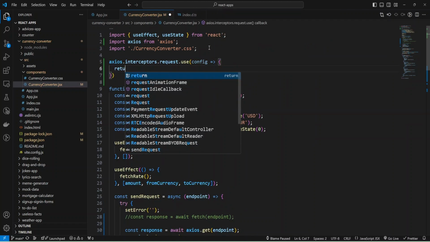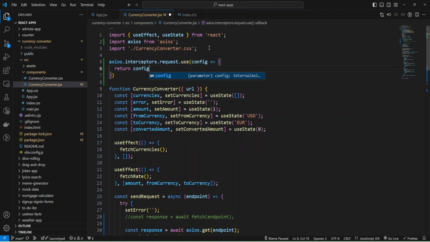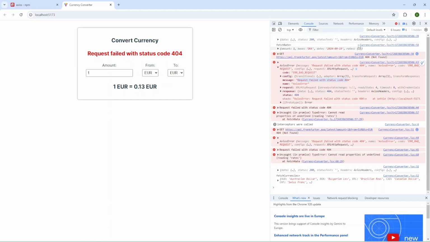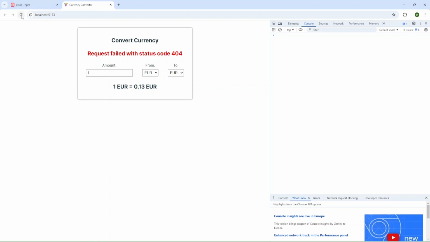I can return config, set some values to config, but here I'm going to add console log and add interceptors called. I'm going to save it and open my application and refresh it.